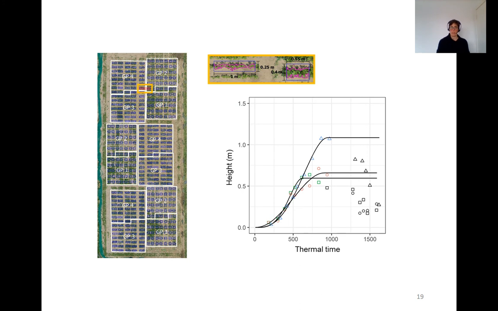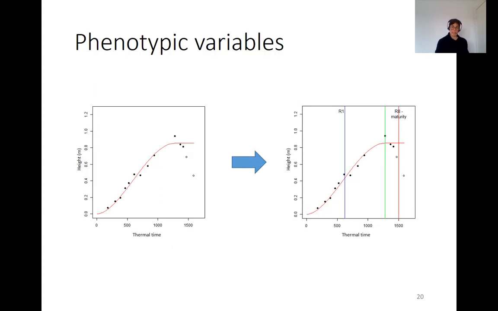Here is an example of our breeding trial, and the different curves allow us to compare the genotypes and make a selection. What type of phenotypic variables can we derive from the curve? Here it is related to height. We measure the height at 14 different points, and we fit the curve. Parameters that we can extract are, for example, the maximum growth rate, and also when this maximum growth rate happens. We express it in thermal time